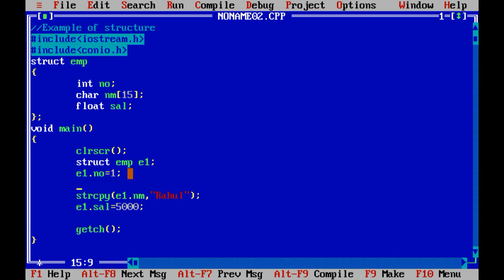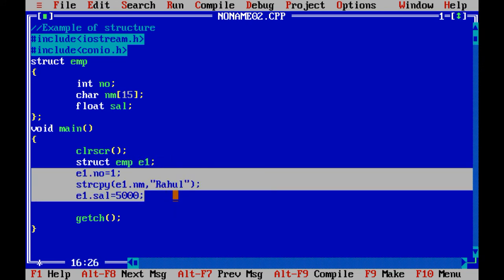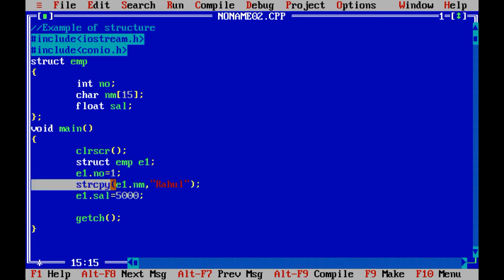So it is similar to e1.nm equals to Rahul, right? But here I have used the strcpy function to store the data inside the variable. So this is the third way you can store the data inside the structure variable, right?